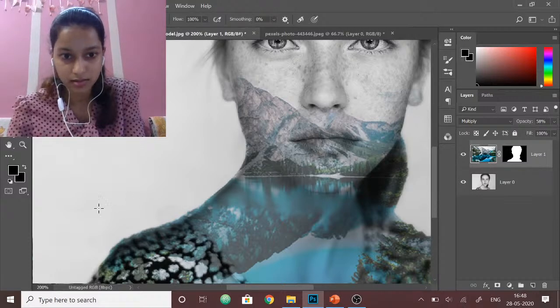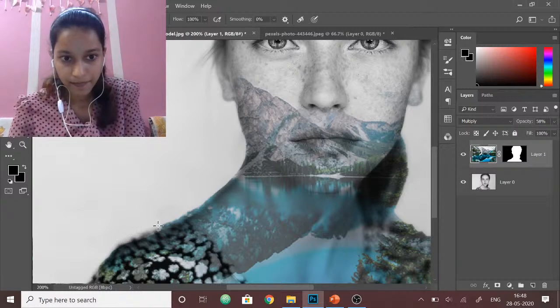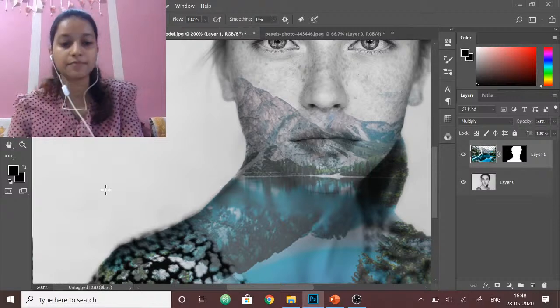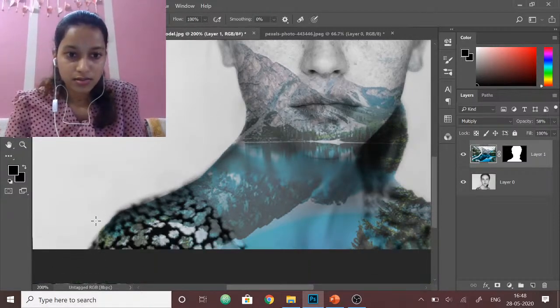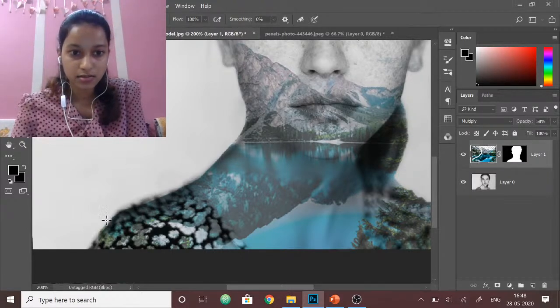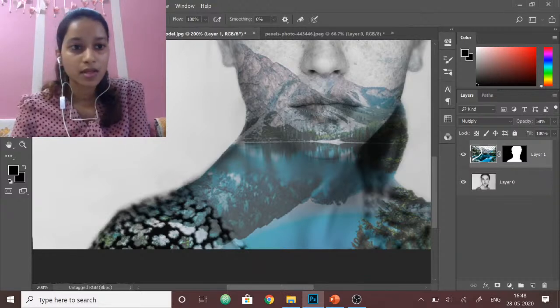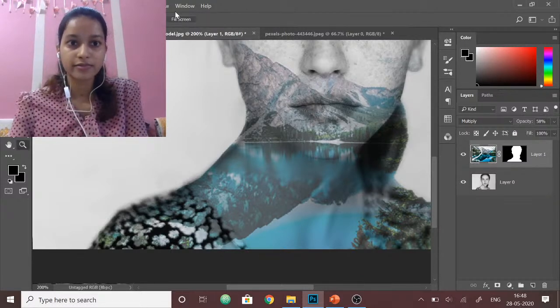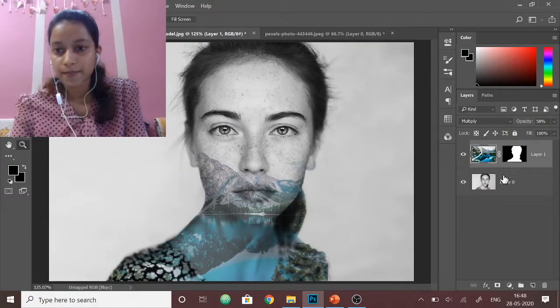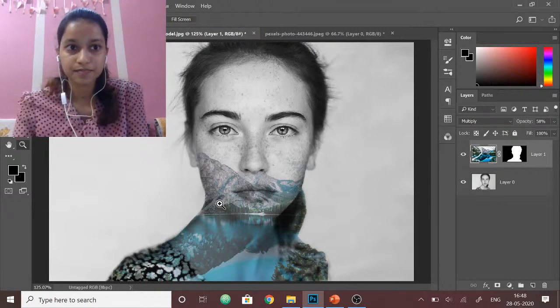Yeah, it is erasing very sharply. Here also we have to erase, but by opacity 48%. Erase it, erase it. Okay, it's done. Zoom out. Now the overlay is done, double exposure,